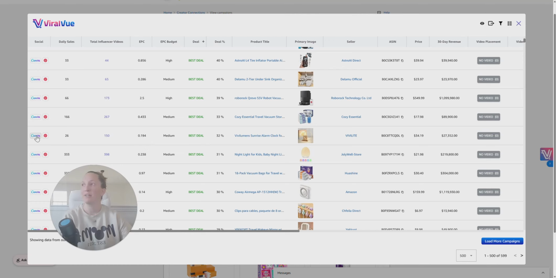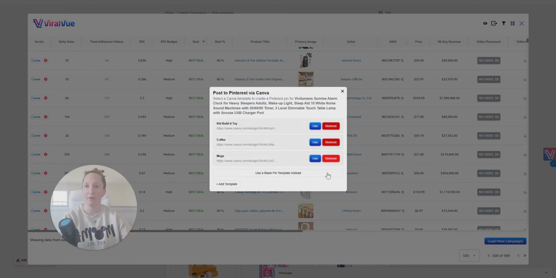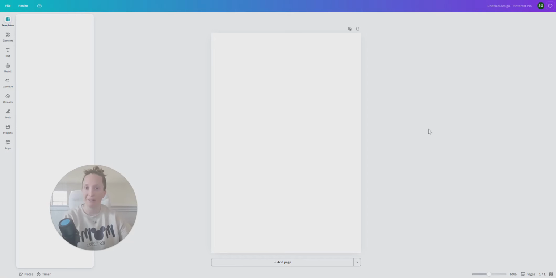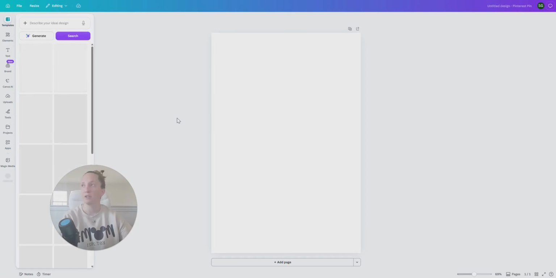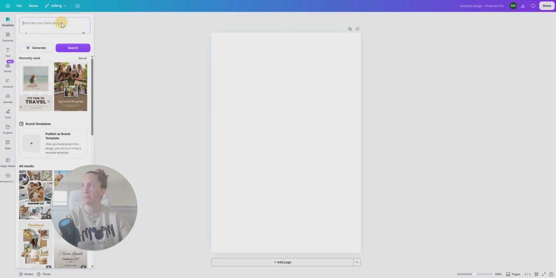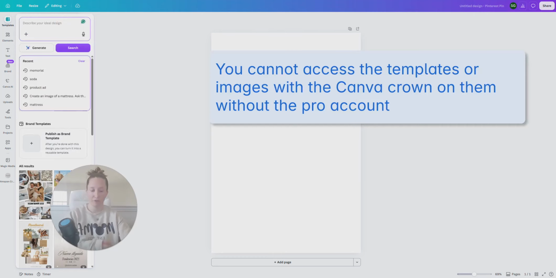But basically what I do is I click on Canva. Now you can do this with a free account. I have a pro account just because you cannot download PNGs with a transparent background. Okay. And then also you get less options. So what I mean by less options is, let's say that I come over here and I am going to say